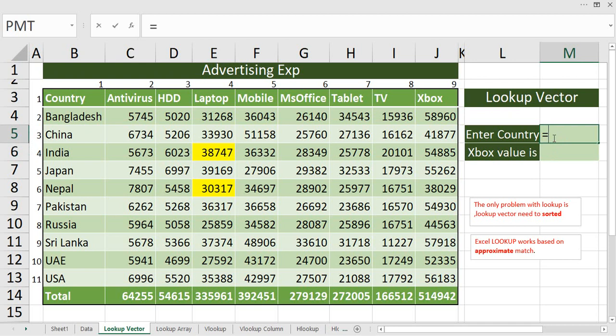Suppose I write India. I want to retrieve the value for India and laptop, so I've written India over here, and instead of Xbox, I'm going to retrieve the value for laptop.